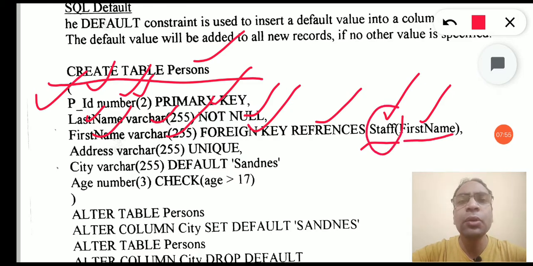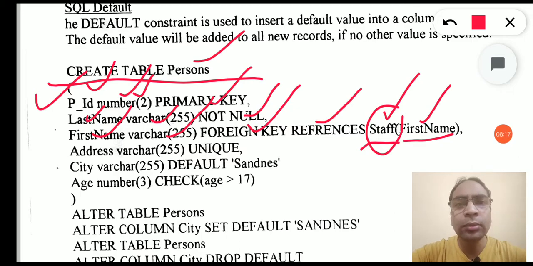This is the way how we can use the foreign key. So we have mentioned first name varchar, then the maximum size, foreign key constraint, and references keyword, then the name of the table we want to refer, and inside the brackets the field we want to refer.